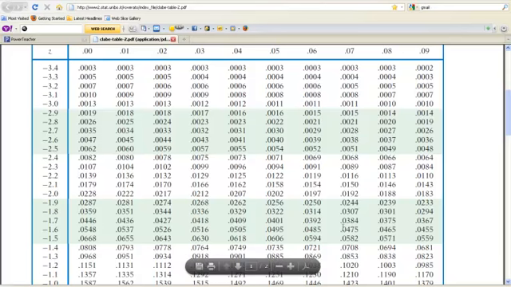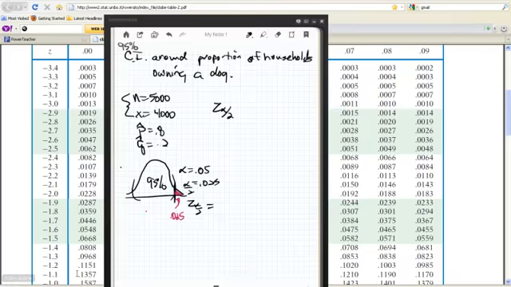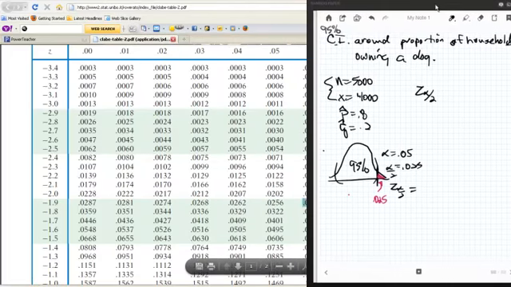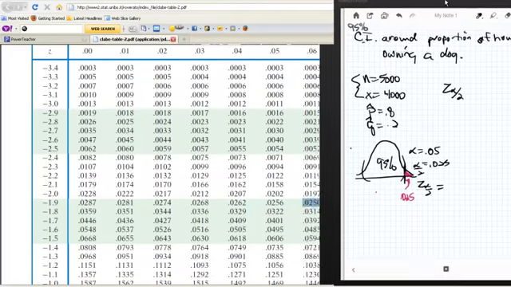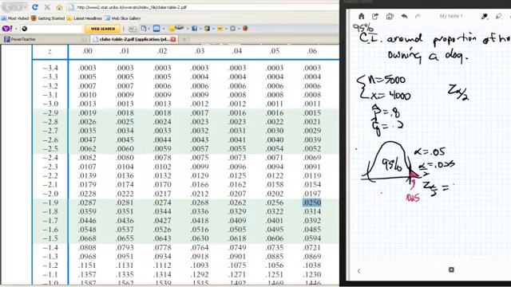So, 0.025, 0.0256, hey, look at that. Boom, I got it perfectly. And that is, if I go on this row, negative 1.96. So let's get back to this guy. That just told me that Z alpha over 2 is plus or minus